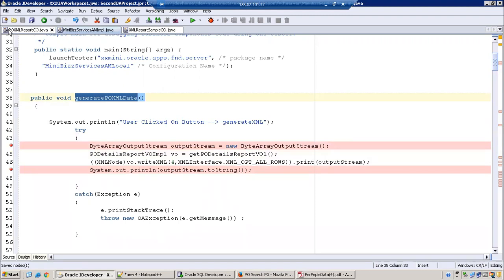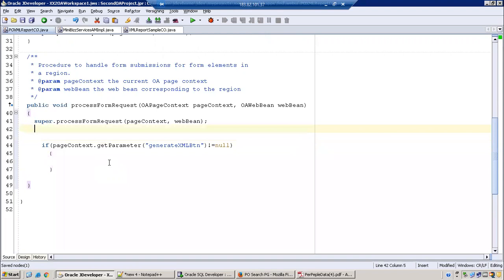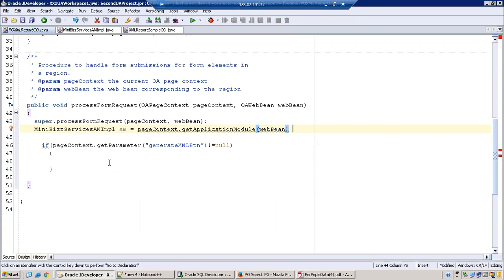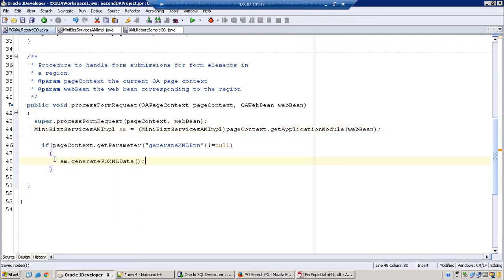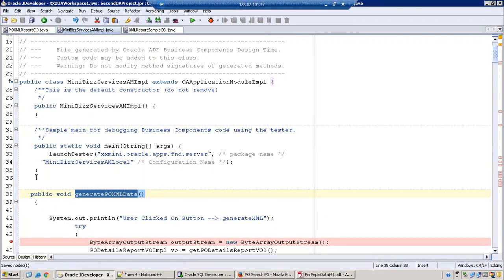Okay, so now I'll just write here. Is equal to page context dot. Okay, so one more important thing is we need to execute our Vivo, right? So as of now, I have not done that.